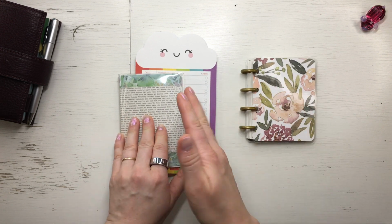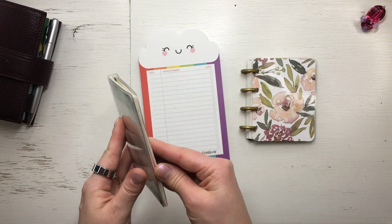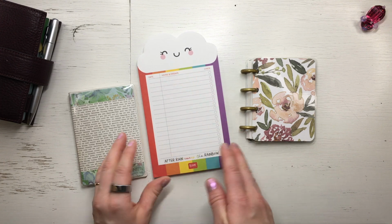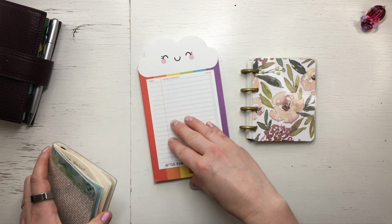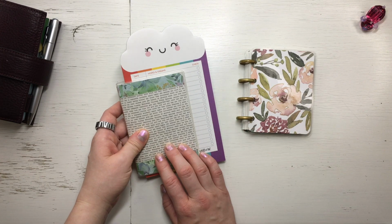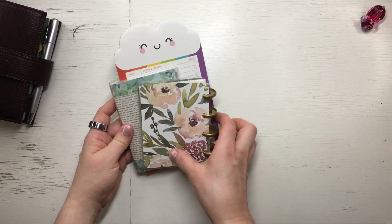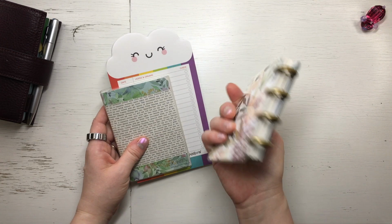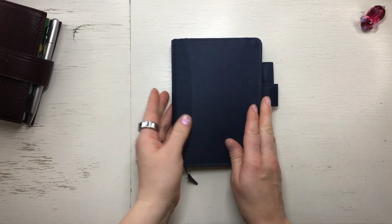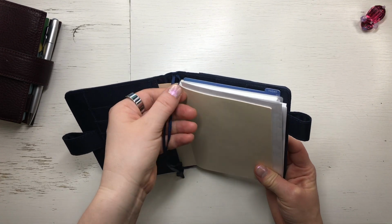And then here I wrote previously grocery lists, and I still have a lot of notes in here, but now I have started to use this for writing things that we need from the store. And I have one sheet with a magnet on our fridge. This is passport size. This is just a size that I have made. So I have made the cover myself, so it's beautiful, and that's why I love it and want to use it. My third Hobonichi A6 cover, this has my fountain pen ink